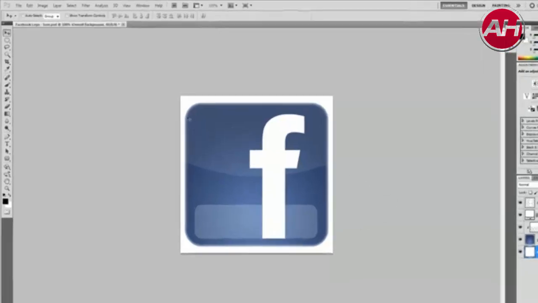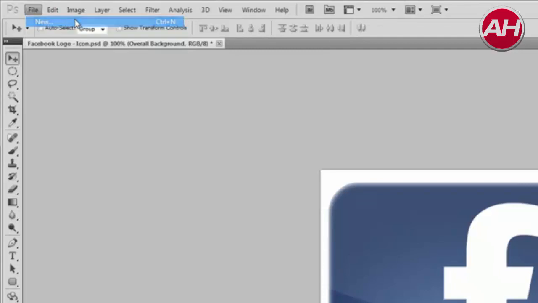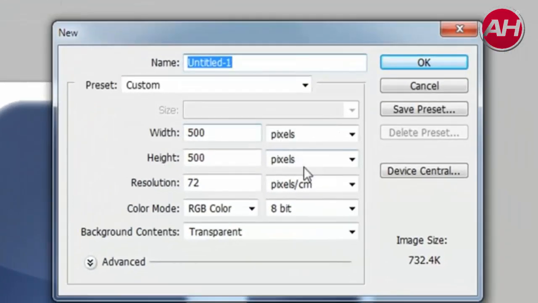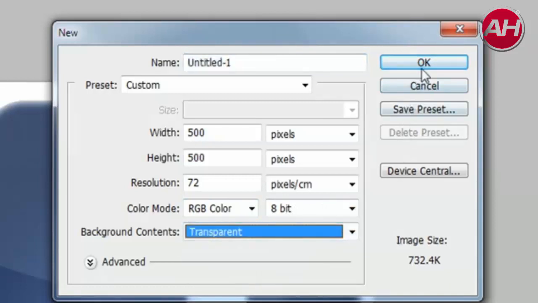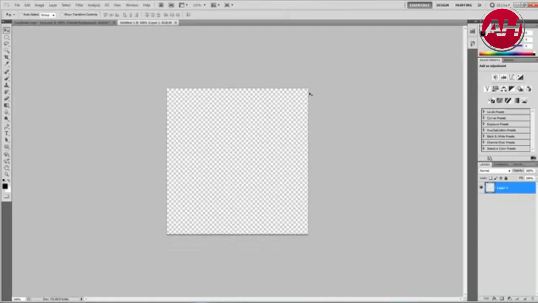So now what I'm going to do is select File, New, change the width and height to 500 pixels, resolution to 72 pixels/centimeters, color mode RGB color in 8 bits, and background contents to transparent, and then hit OK. Now the first thing I'm going to do is fill layer 1 white,